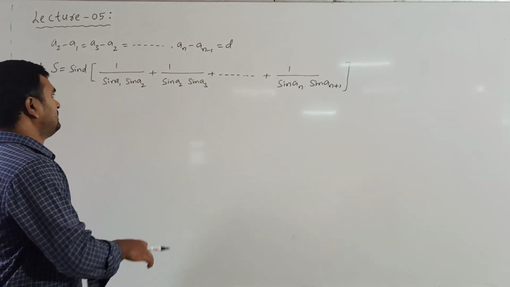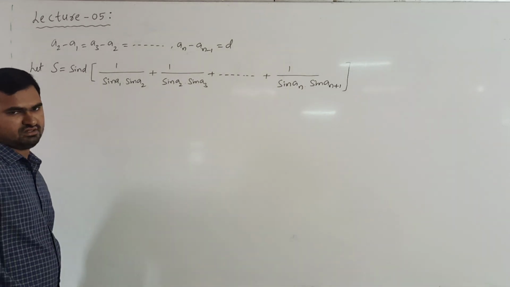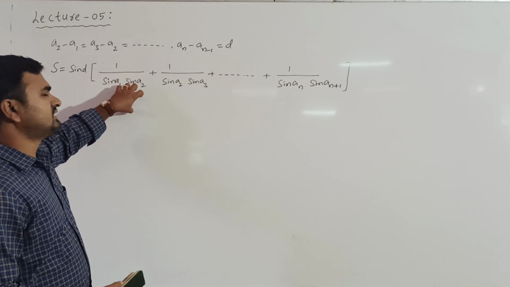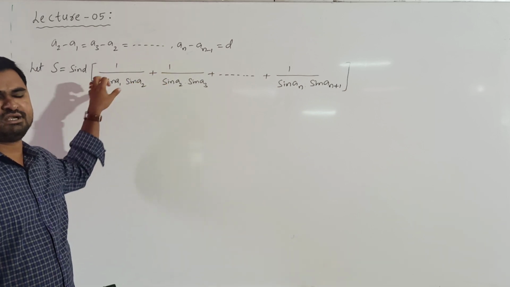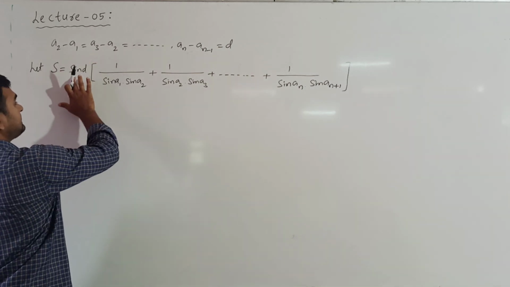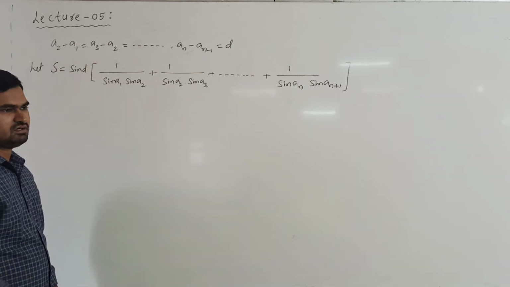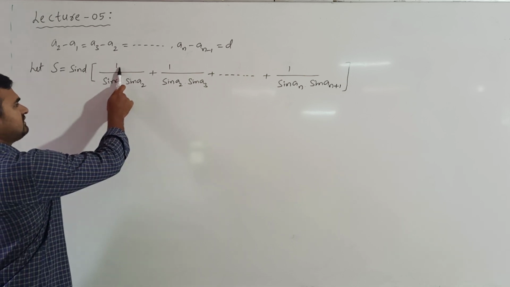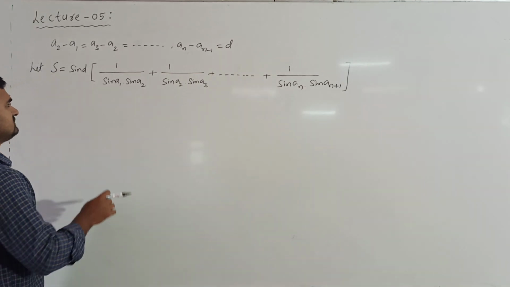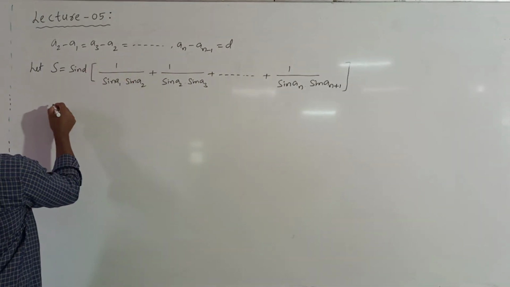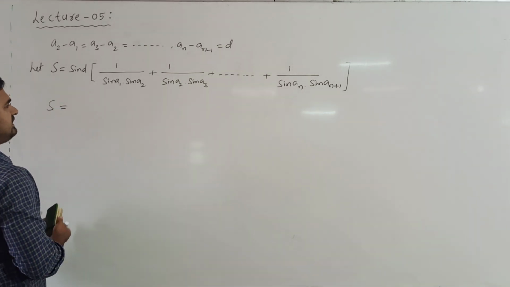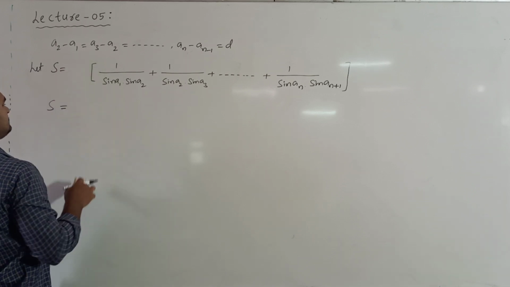So sometimes sin d will not be given. So even if sin d is not given, what we do is we have to arrange that difference in the numerator by multiplying and dividing. So even if sin d is not given, we just multiply sin d and divide sin d, so that the d in the numerator we can write in terms of difference of denominator terms. Okay. So now multiply sin d, multiplying sin d. So I multiply sin d to each term.